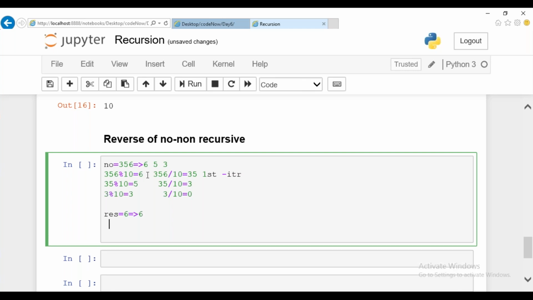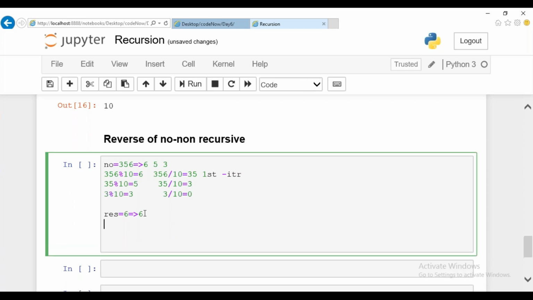And next again, for the next iteration, we'll take 5. Where this 5 has to be added. Guys, I'm speaking about this one now. For the next iteration, you'll take 5. Where this 5 is going to be added. This 5 is going to be added, which is nothing but next to 6, which is nothing but the 10th position of a value, right? So in case of 10th place, I'll multiply here.